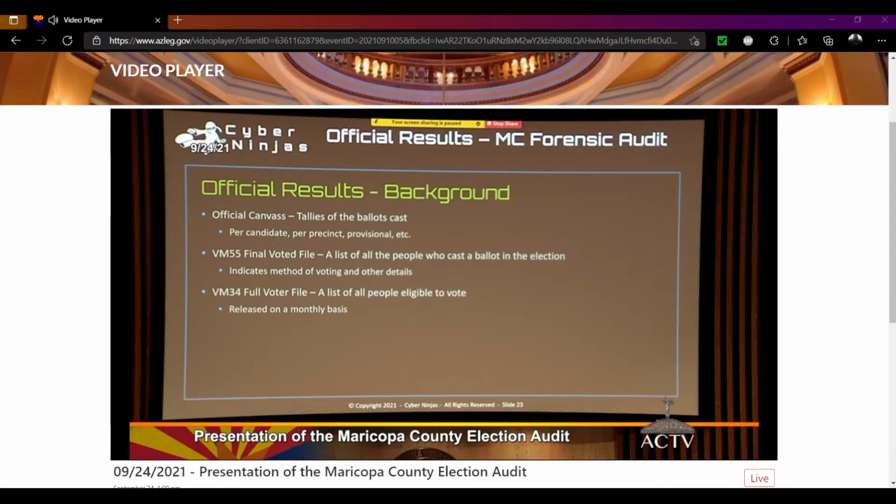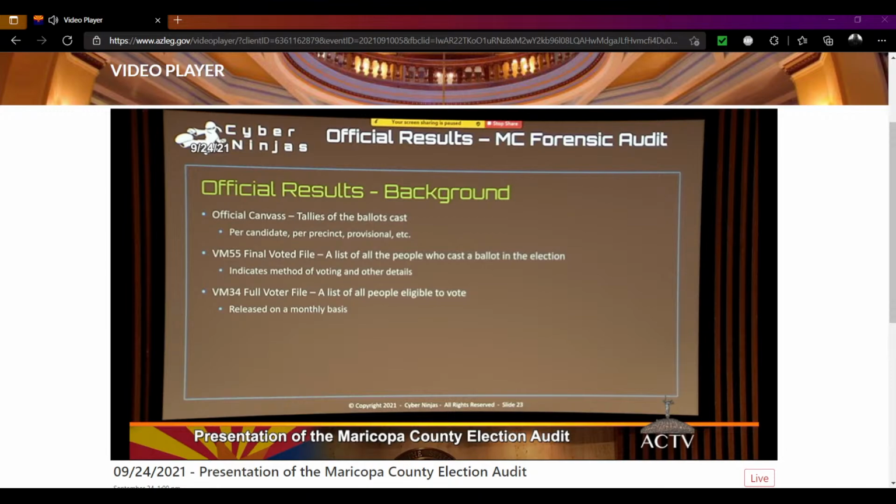We then have the VM34 full voter file. This is also referred to as, say, your voter rolls. This is a list of everybody who should be eligible to vote. And the county in Maricopa seems to make these available roughly on a monthly basis, so that is the full voter rolls. That is your theoretical full list of everyone that may show up to vote